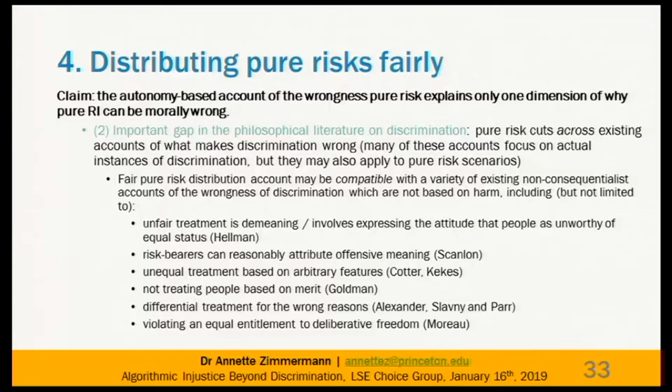Not all of them apply very well to algorithmic decision-making in particular. One challenge, for instance, is that some of these accounts focus a lot on discriminatory intent. The challenge in the algorithms case is that very often it's really hard to show intent, or you actually have unintended consequences. But there might be other accounts, such as arbitrary treatment, or expressing or reflecting attitudes that are somehow morally objectionable. That could actually also apply to this pure risk case. So I think this is a useful addition to a really rich debate that could be even richer